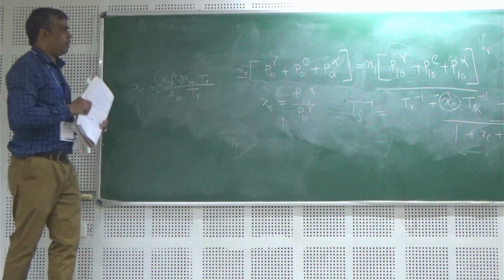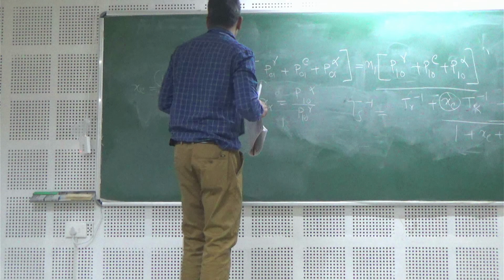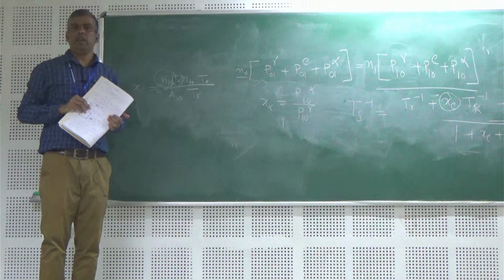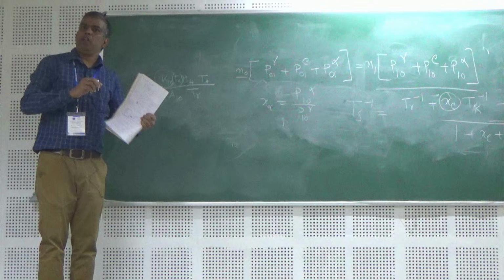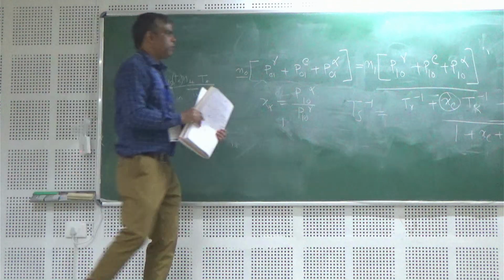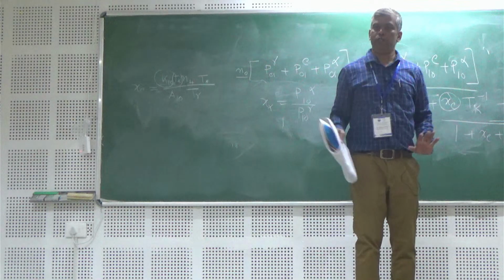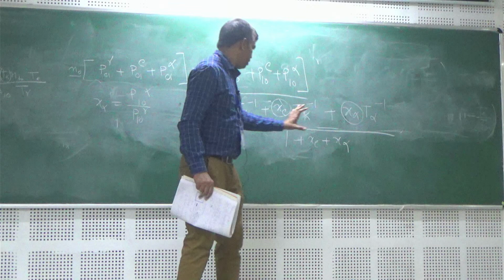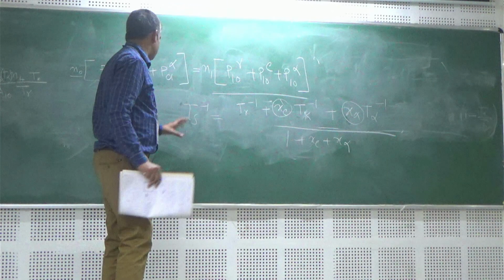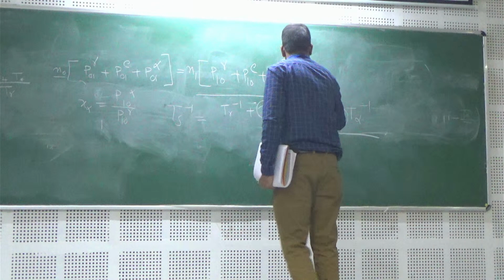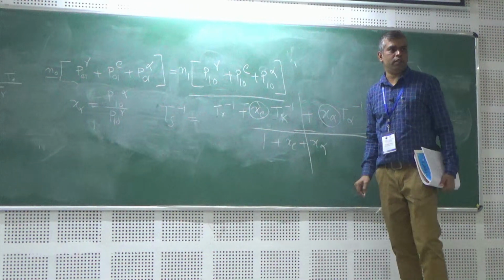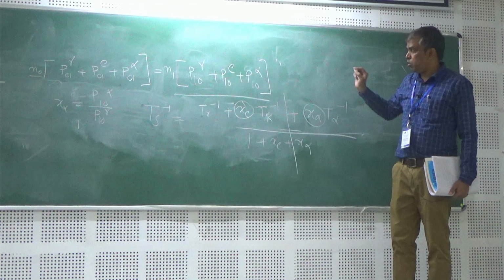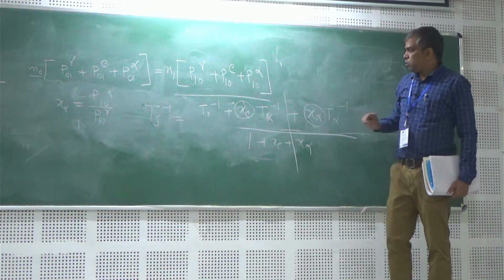Okay, now tell me one important thing. So during dark ages, there are no sources, as I said. So these parts will be zero, since there is no Lyman alpha photon, there is no Lyman alpha particle. So during dark ages, the formula will reduce. It will reduce to these parts only. So this part will not be there. But for the dark age signal, okay, you have to calculate for that.